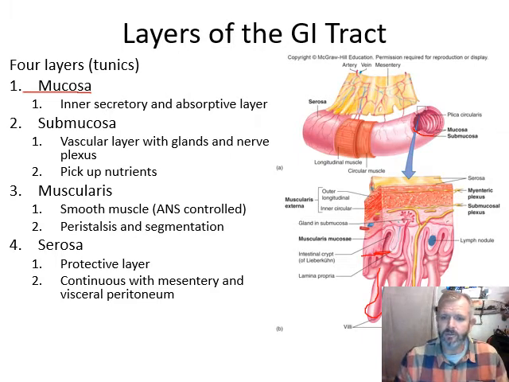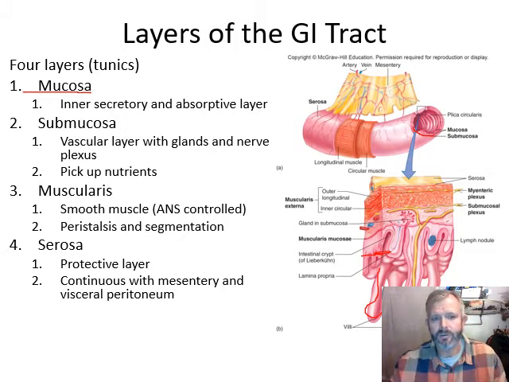It's going to be secretory, it's going to have secretions coming out, but it's also going to be absorptive because we have to get in through this layer to actually get into the blood supply. And blood supply, that's in the submucosa, and we have this vascular layer. And also in the submucosa, we have this large nerve plexus. Okay. And this is where we're going to pick up the nutrients,